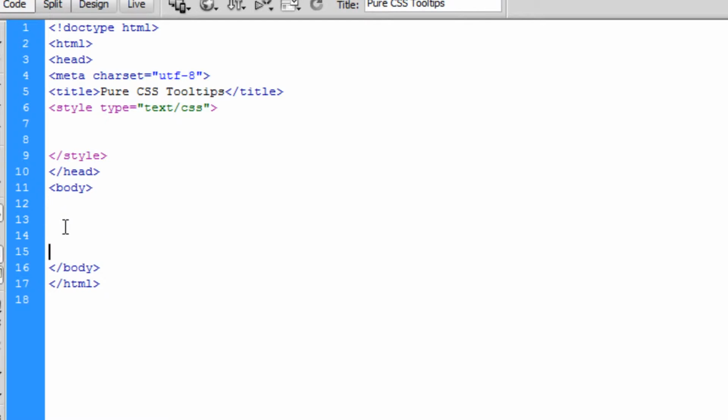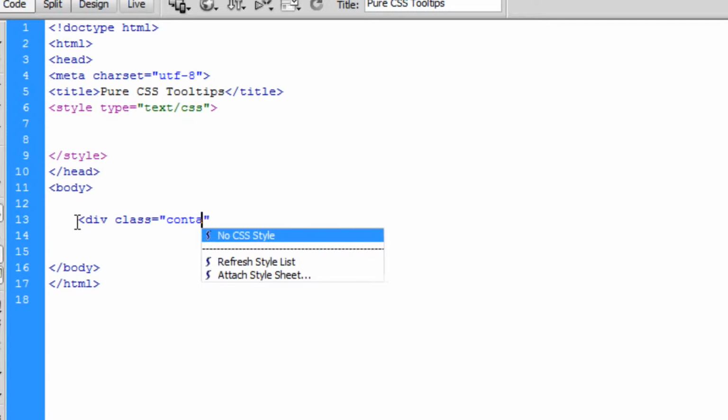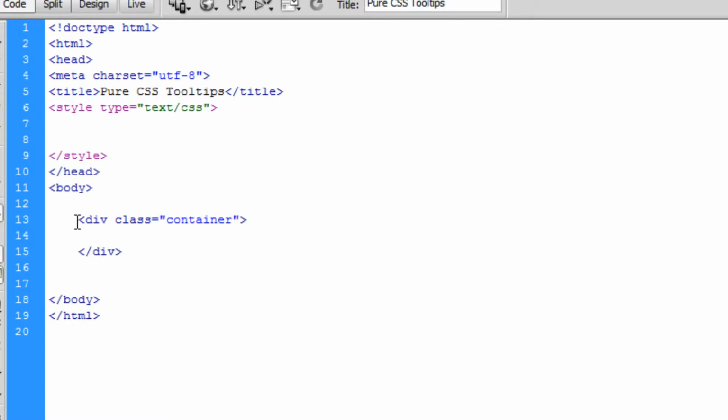So after that we're going to go into the body tag and we're just going to type in a div with the class of container, and we're going to close that div off. Now back into the style section of this document, we're just going to create a class for this. So we're going to do period container